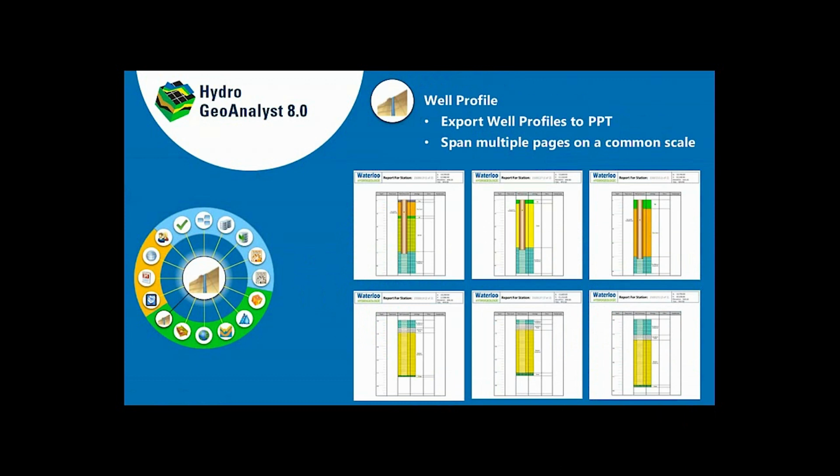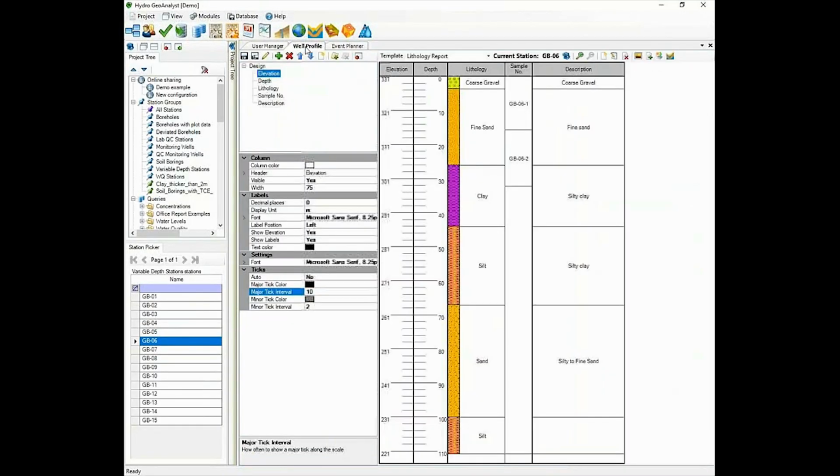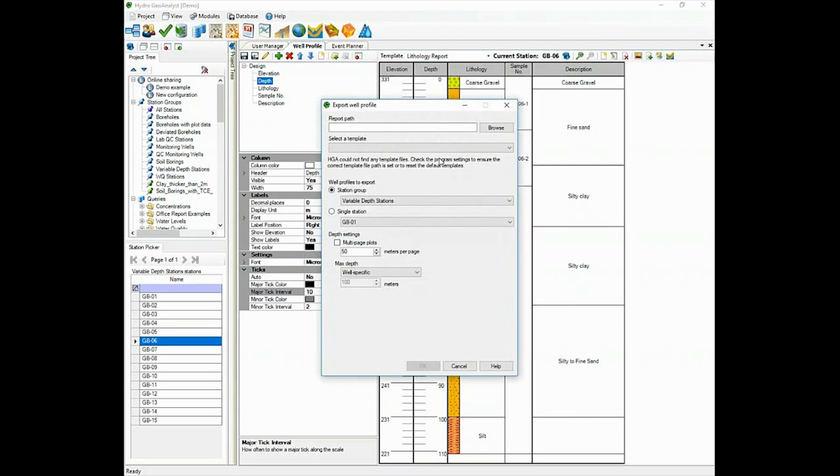Okay, changes to the well profile. We've added the ability to export well profiles to PowerPoint and have those well profiles span multiple pages based on a common scale. And we'll do a demonstration of that. We have a well profile template, in this case the lithology report, that has all of our data columns that we want. If you specify a non-auto tick and then specify consistent tick interval for both the elevations and the depths, then what you can do is print this to PowerPoint,